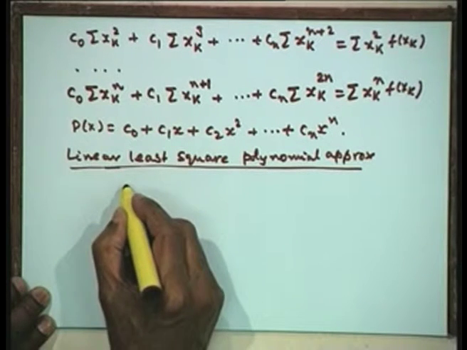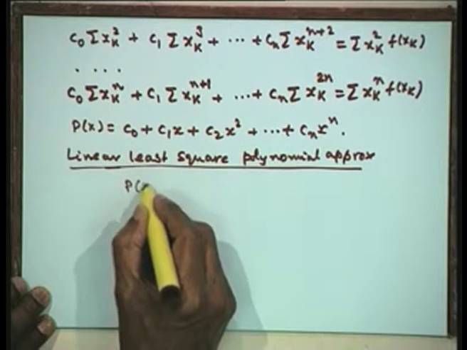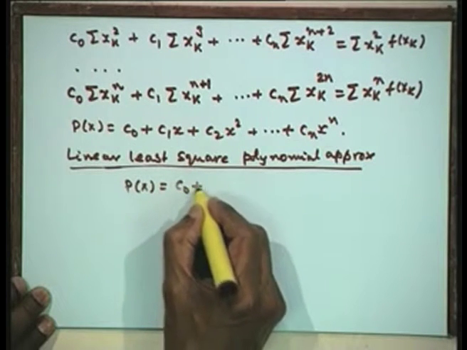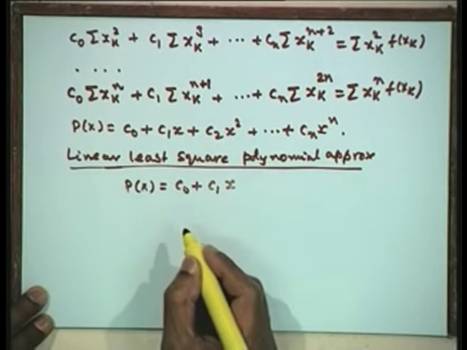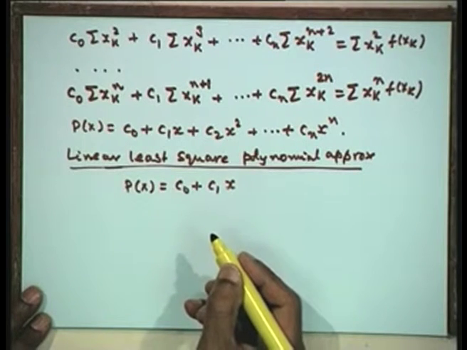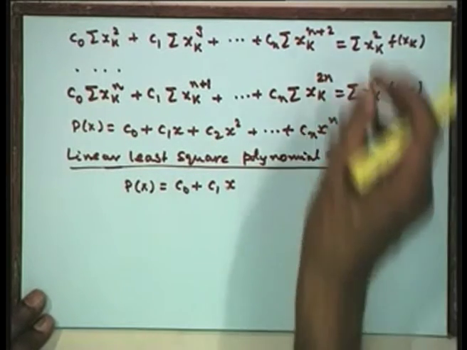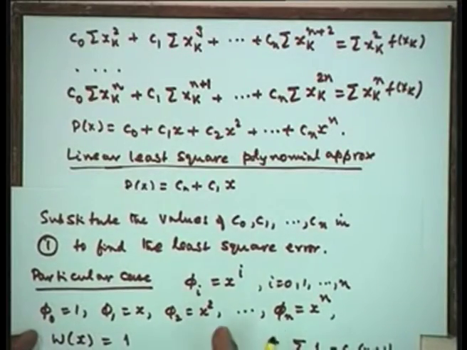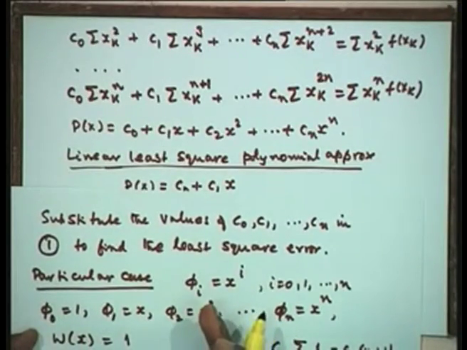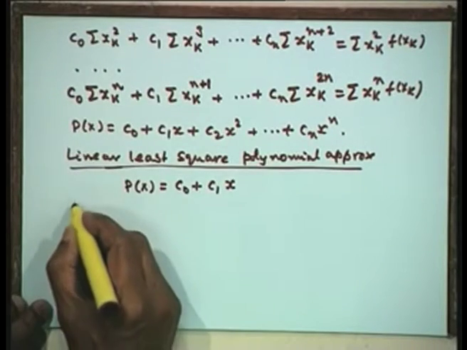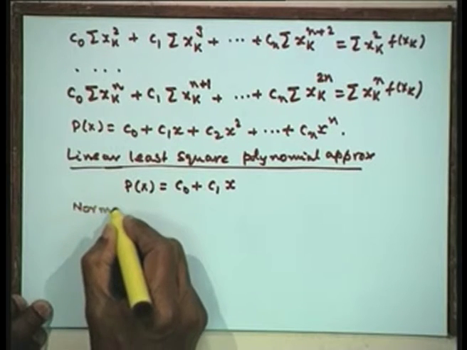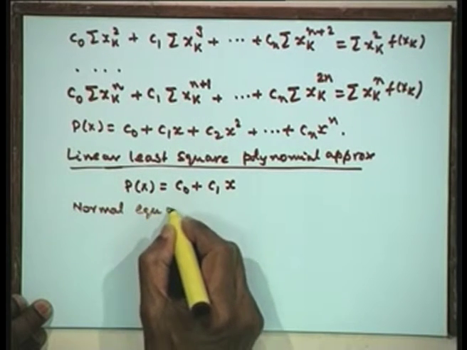That means, I am just taking my polynomial as simply C naught plus C 1 x. Therefore, in this system that I had written, I will just cut out the terms up to only two coefficients C naught and C 1. Therefore, the normal equations in this case would become,